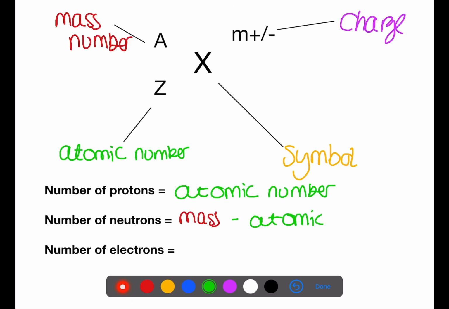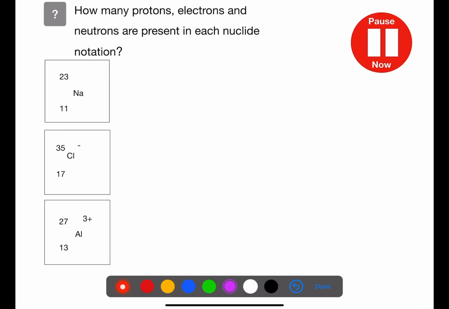And finally, the electrons is the atomic number minus the charge. If an ion has a positive charge, this means that it has lost electrons. This means there will be more protons than there are electrons. If an ion has a negative charge, this means that it has gained electrons, and therefore will have more electrons than it does protons. Pause the video now and try to find how many protons, electrons and neutrons are present in each of these